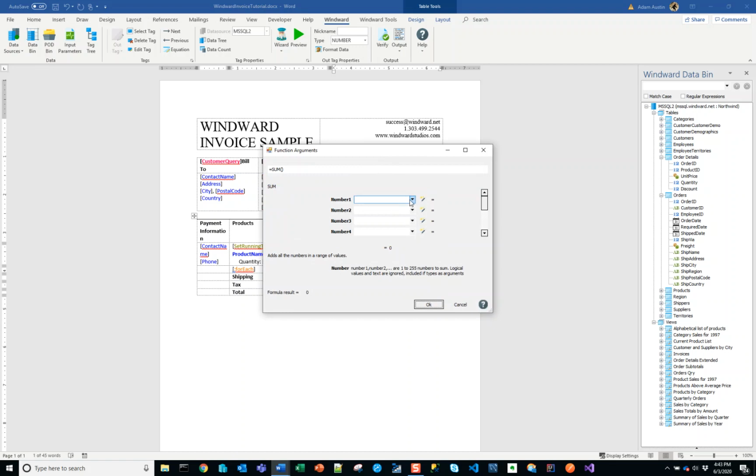Okay. And we'll select our template variables like we have in the past. We're going to sum the running total, the freight, and the tax. Running total, freight, tax, and